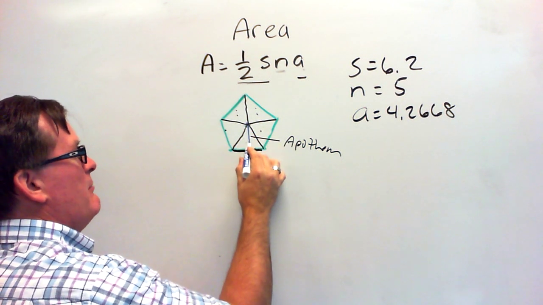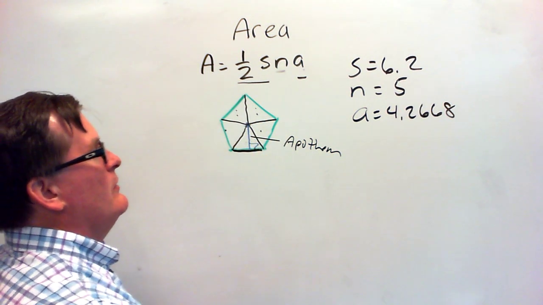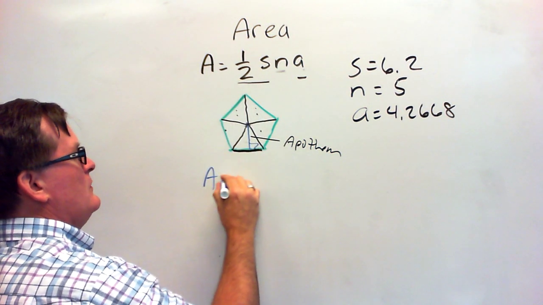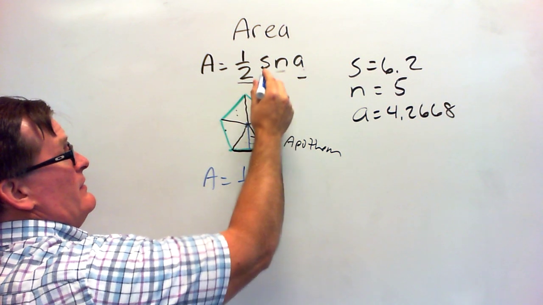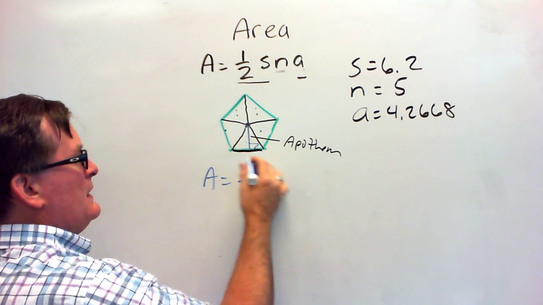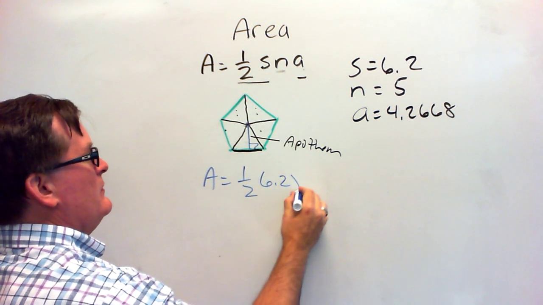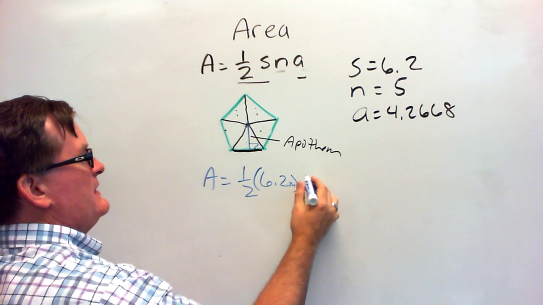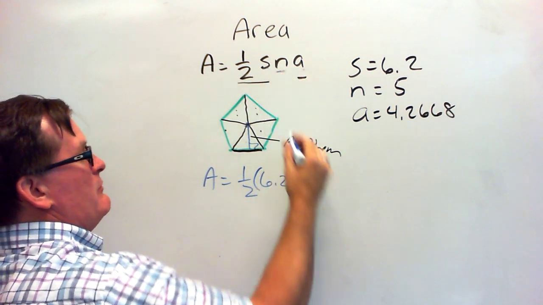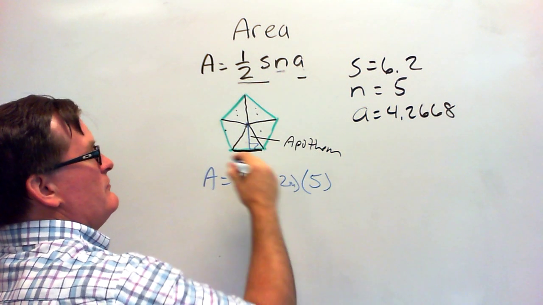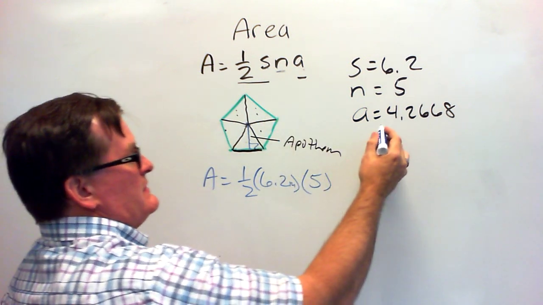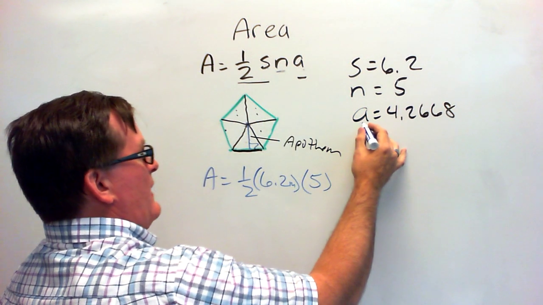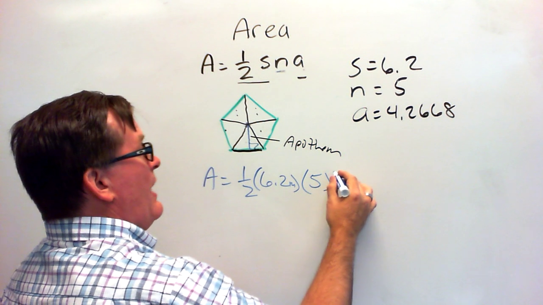I'm going to go ahead and draw that apothem in just so you remember where it is. So the area is equal to 1/2 the length of each side, which is 6.2, we'll say inches in this case, times the number of sides, which is 5. 1, 2, 3, 4, 5. I can count that, but it's given to us in this case. And then times the length of the apothem, which is